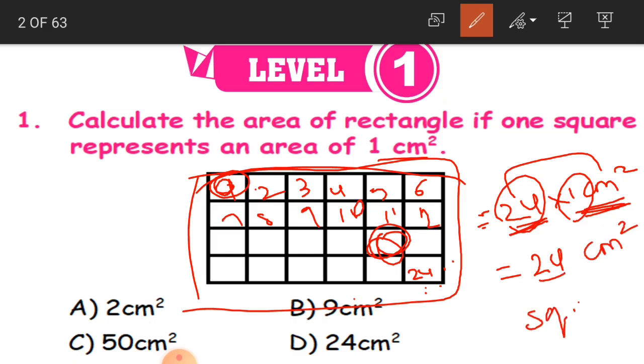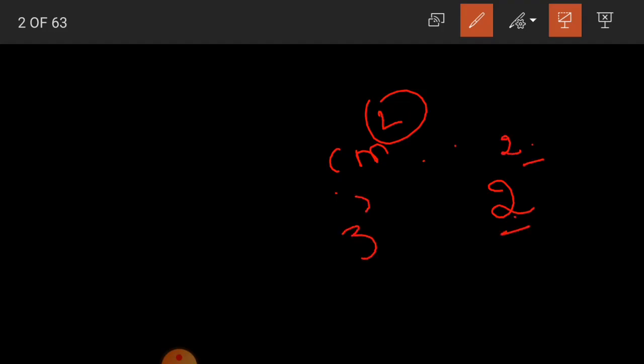See, we used to write square centimeters. Yes or no? In the same way, this is nothing but centimeter square. This 2 that we are writing on top, cm, is nothing but centimeter. The 2 that we are writing on top is nothing but square. We read it as centimeter square. Suppose if I write it on top of another number, it would be 2 square, 3 square. Yes, you know this, right? Square centimeter is nothing but equal to centimeter square. It is just a unit of measurement.